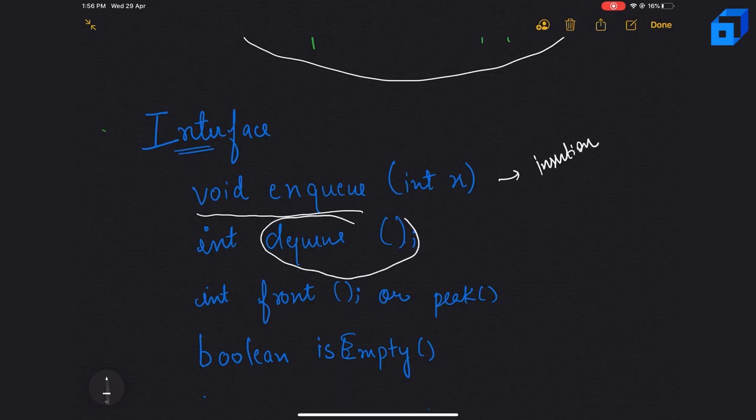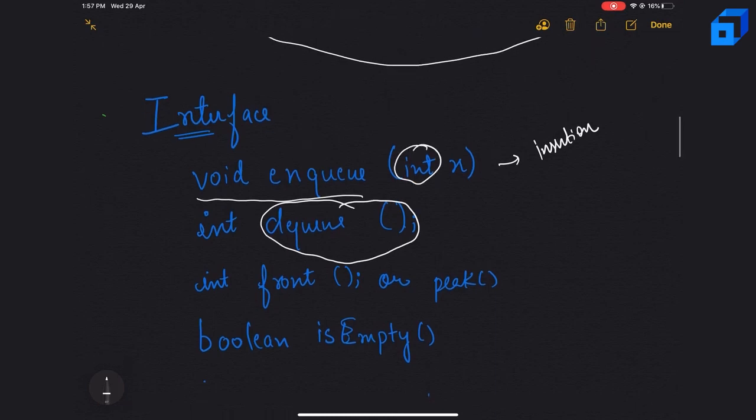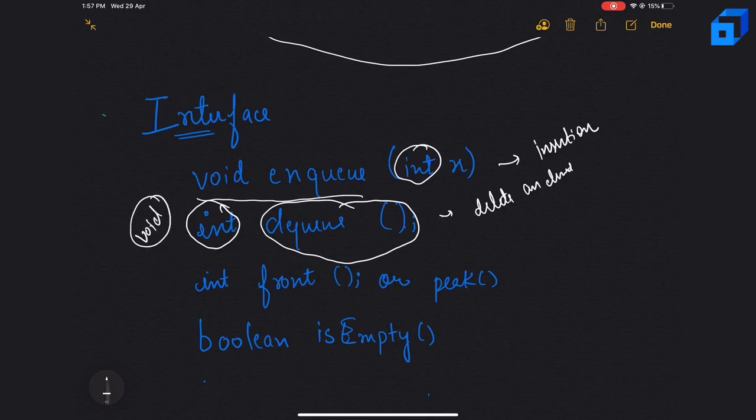Here I am assuming that the queue is maintaining integer elements, but it can be of any type. The dequeue operation means deleting an element from the queue, and the return type symbolizes the element that I deleted. It solely depends upon the implementation whether we want to return that element or not. We can keep it as void as well. That depends upon the implementation.